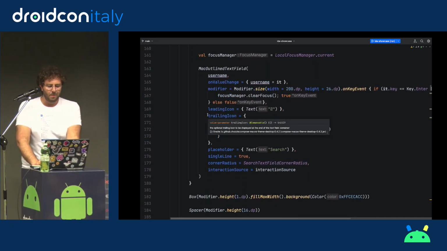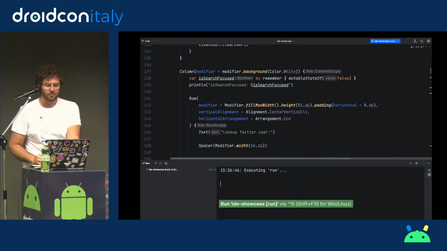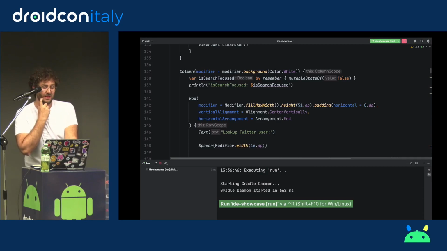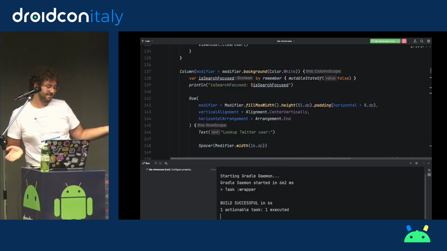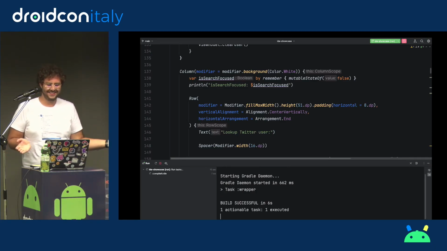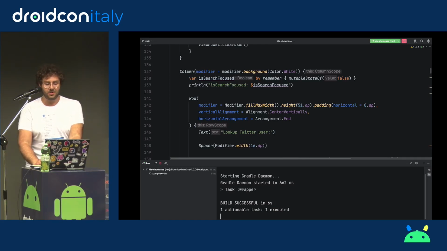So, for example, let me see if I can actually manage to run the application on conference Wi-Fi. Will it load? Will it not load? I don't know. Maybe it will. It was compiling. Oh, okay. Well, anyway, while it thinks very hard about its choices in life,